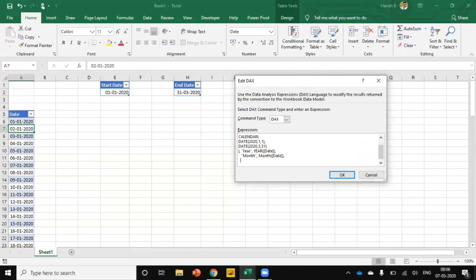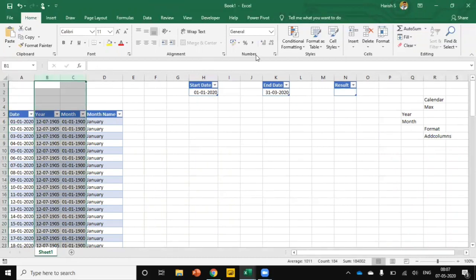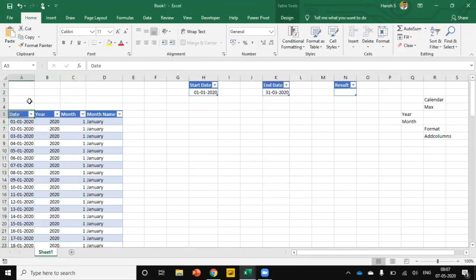And the next thing is I'm going to add Month Name, and the formula would be FORMAT of date, comma. What is the format we need to get? MMMM, four times we need to add an M. Finally, close the bracket and then click OK. We'll get the result. We need to format this table, so let me select it and then choose General, and we have got the table.